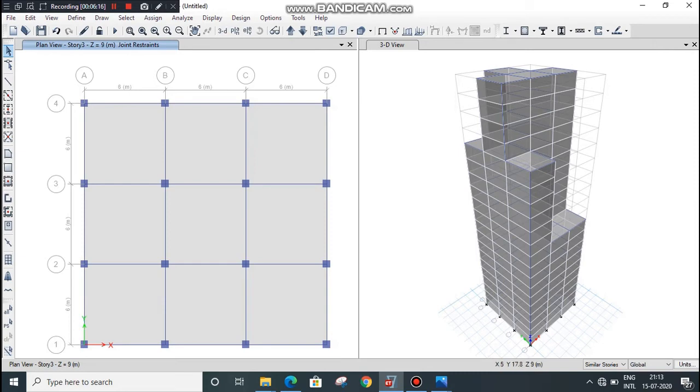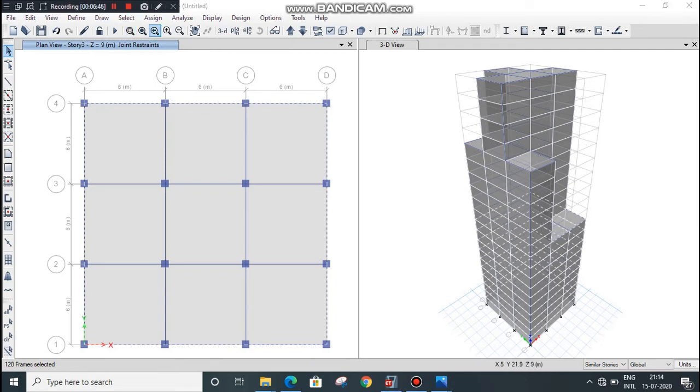Now select the outer beams for applying the cladding load. Select one by one outer beams. We will apply cladding load on the outer beams only. As you can see in the 3D window, all the outer beams get selected. 120 frames get selected, you can count.